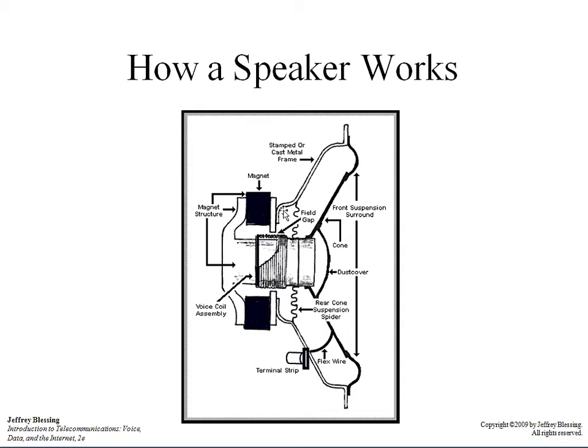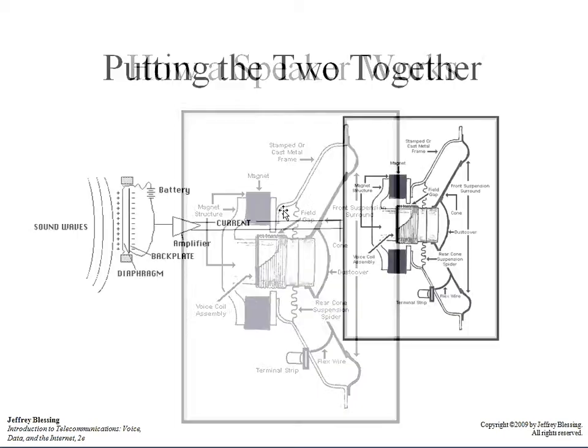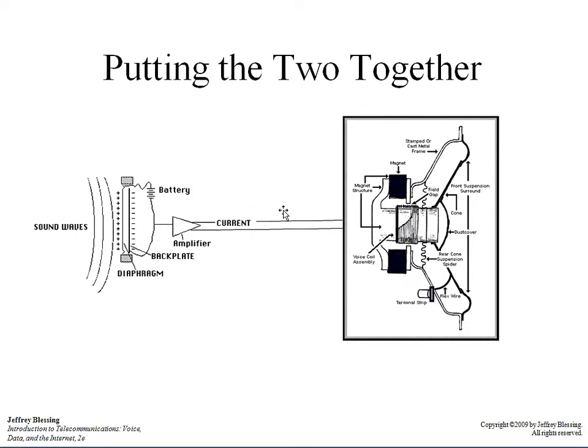That moves the cone, and the cone is pushing columns of air, and that's pushing the sound waves out into the air as columns of air. And that's, in effect, how we hear sounds. When we hear a sound, there's changes that our ear picks up through changes in the columns of air that's transmitting the sound. So if we put the two parts together, we have the microphone on the left, which